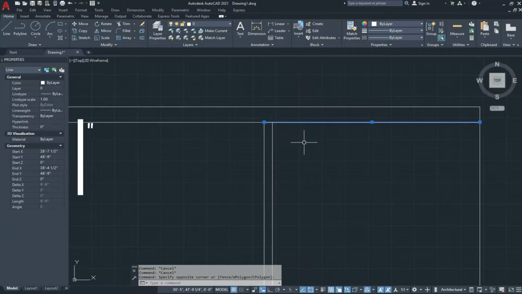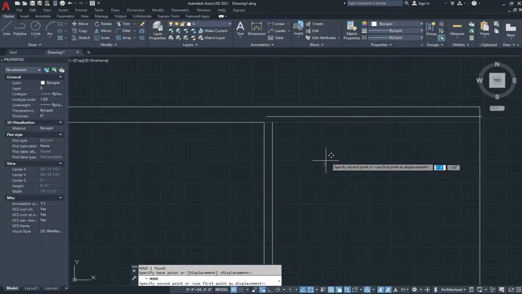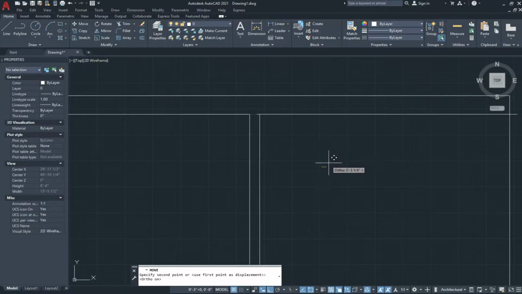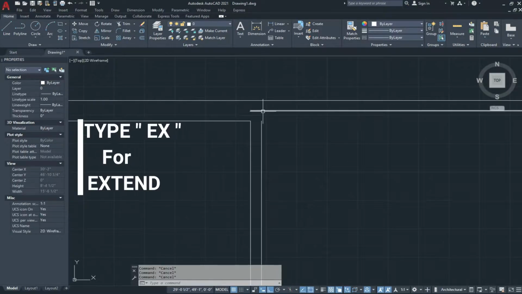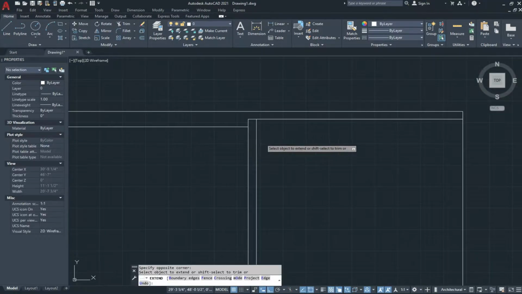We select this line and type M for move and press enter. Press F8 and give the value 4.5 inches. And with the EX double enter, we extend this line.